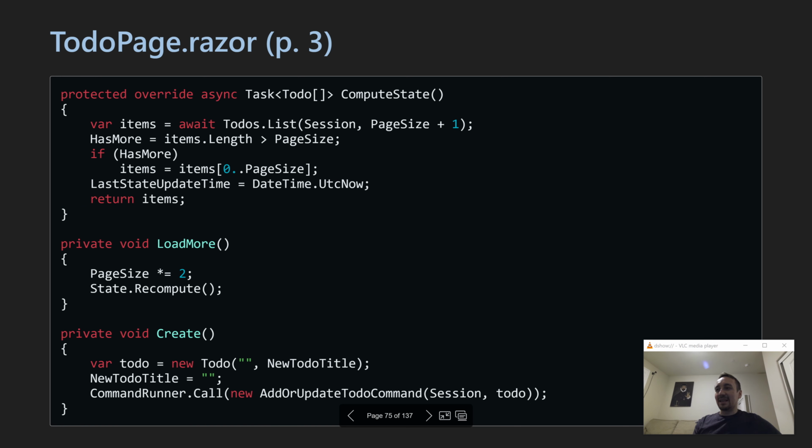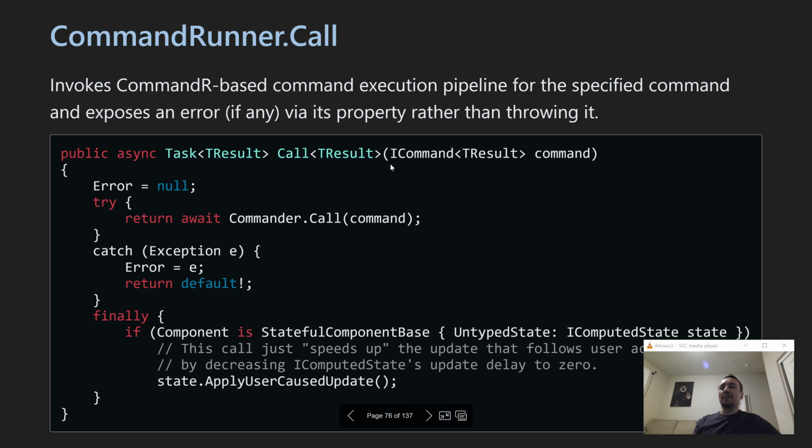Again, you see that we just create a to-do and basically forward a command to command runner. Command runner is a helper, and the next slide will show this. So basically you see that we create a command and send it to command runner, and command runner is actually an abstraction that solves two problems. So first,